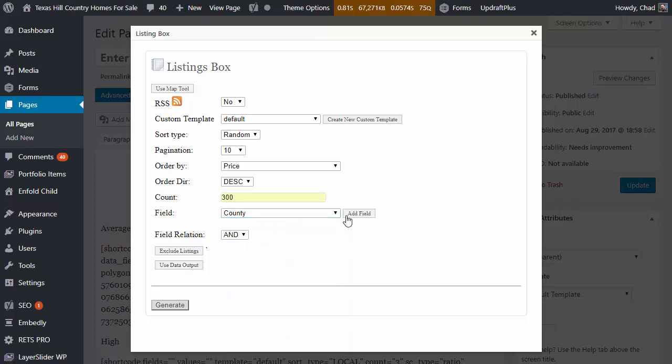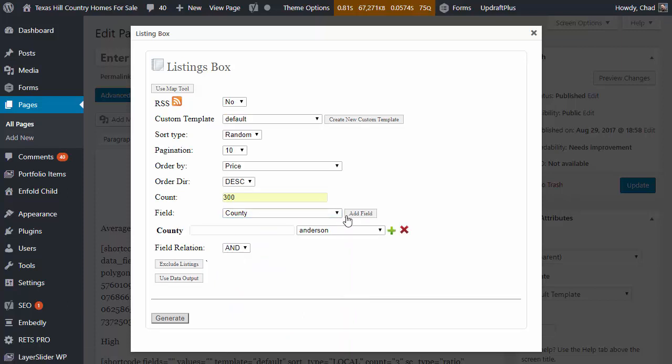Add field. Now I want to point out something. I selected something that would not take long to load. If, for example, I have over 100,000 listings in this particular project site, and I was selecting subdivision or something like address, it would be crazy. It would take literally 15-20 seconds for this to finally generate something here,